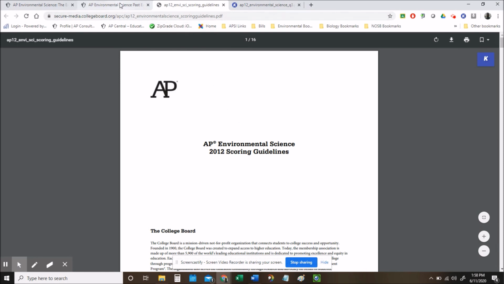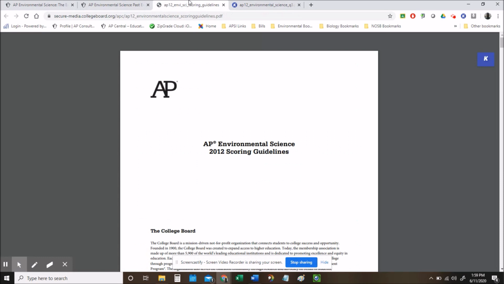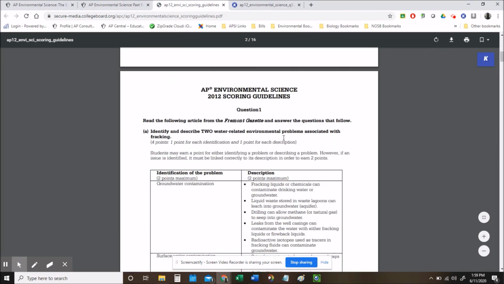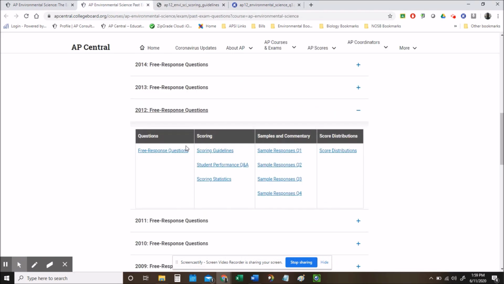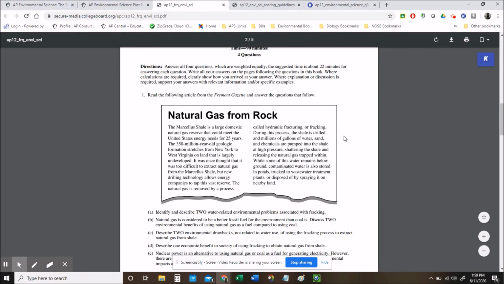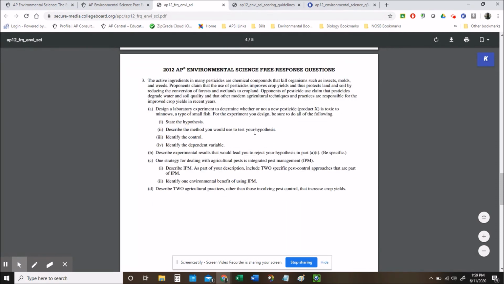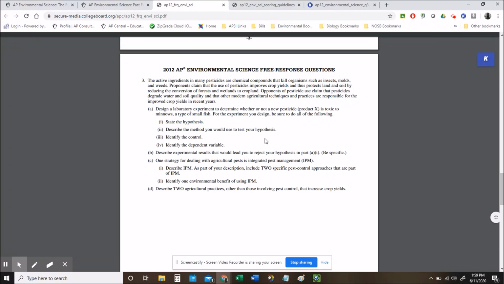So I just opened up a window for the scoring guidelines for 2012. Now, in 2012, question number 3 was an experimental design question. Before this year's change to the exam, that was the last time we had seen an experimental design question. So that was what I was working with students previously. This is one I would give my students at the beginning of the year